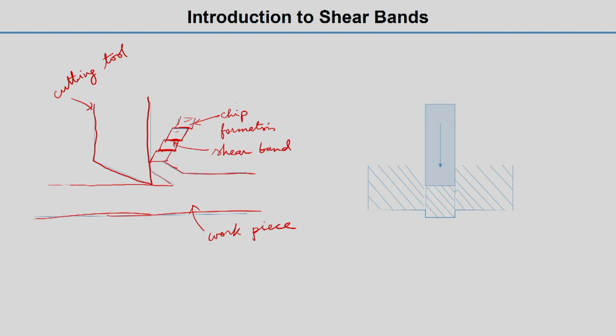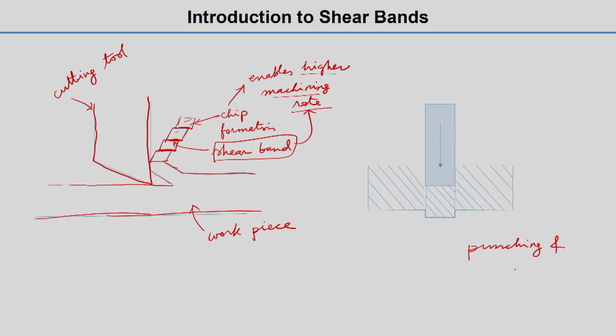And this is very important because this chip formation helps to enable a higher machining rate. So that means shear bands ultimately help to have a higher machining rate. And the last one, which is also a manufacturing application, is punching and shearing. So this is the material, and due to this punching it will have a shape like this. This is the place where the shear band will form,